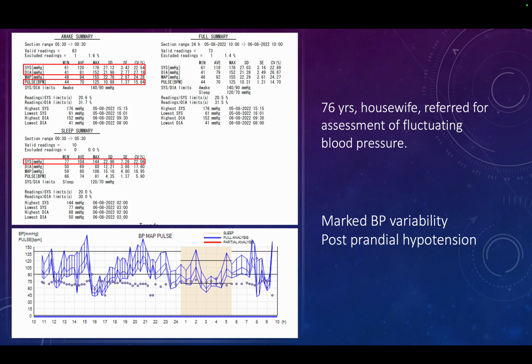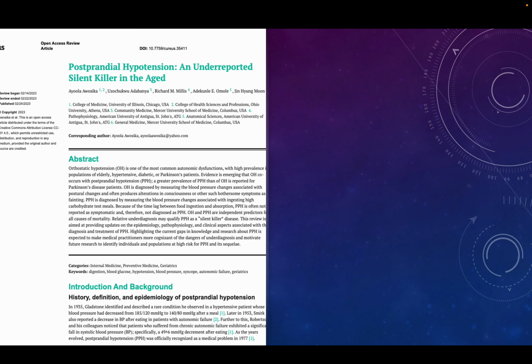And let's look at the graph. The graph shows that she had a meal somewhere around 3 o'clock. And from a blood pressure of about 160, 170, you see a sudden drop of systolic blood pressure to about 50 or 40. So this drastic blood pressure fall to a systolic of 61 is related to the meal. This is a new thing which we know, which we call postprandial hypotension, very common in the elderly.